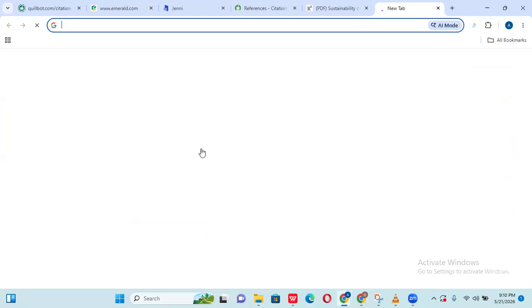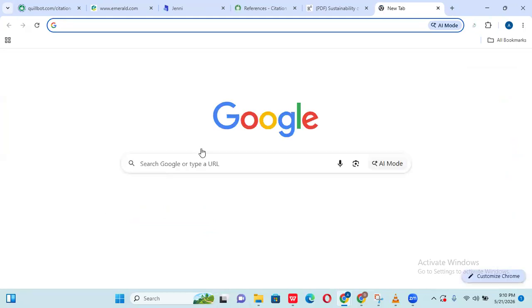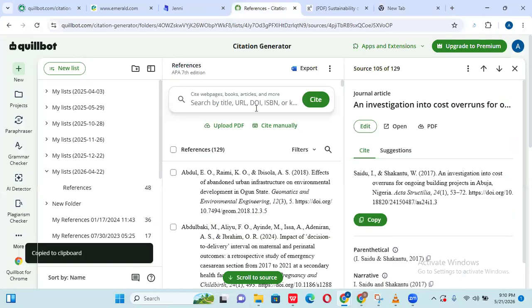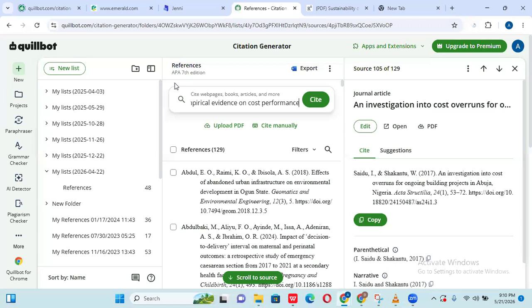So I will open my Google, or better still, I go to Qbot. Do you know Qbot? I go to Qbot and I will paste that particular name, the name of the journal that I saw. I've pasted it and I will click cite. Remember, you must know how to use keyboard. Please, this training is not how to use keyboard. Okay, so you must have known how to use keyboard. But since I want my references to be in APA 7 style, I've changed it to APA 7 style, meaning that it's going to give my references in APA 7. So I'll click this cite.